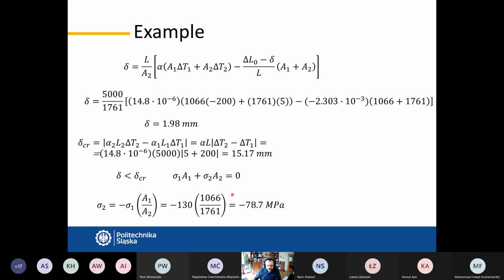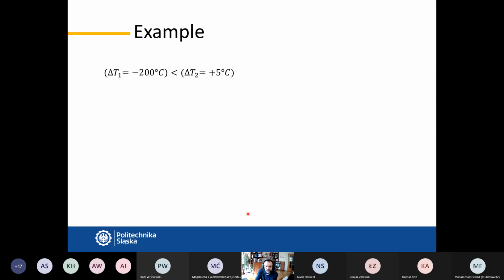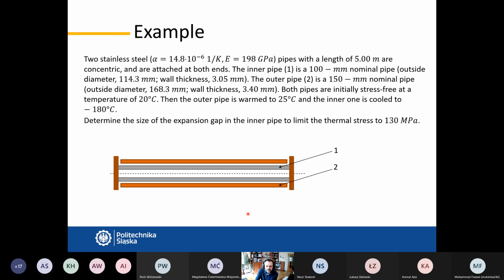The stress resulting from such a condition will be less than 80 megapascal of compressive. So the minus sign means that there is a compressive stress in the external pipe. Looking at the picture once more, this is the situation. If this internal pipe shrinks and we obtain here 130 megapascal of stress,